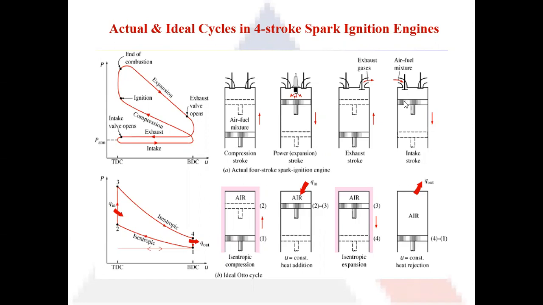After that, when the piston moves from top dead center towards the bottom dead center, the inlet valve opens and the fresh air fuel mixture comes in. So these are the four strokes. Okay. Now here in the actual working, you can see that there are no sharp corners. All the corners are now rounded off. So this means the transition from one process to another does not take place instantaneously, but is gradual. It takes time. Okay, so this is my compression stroke.